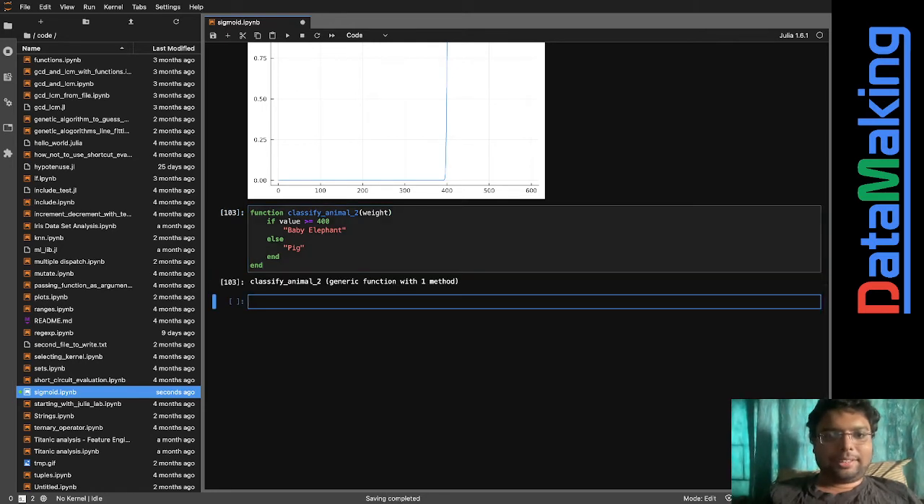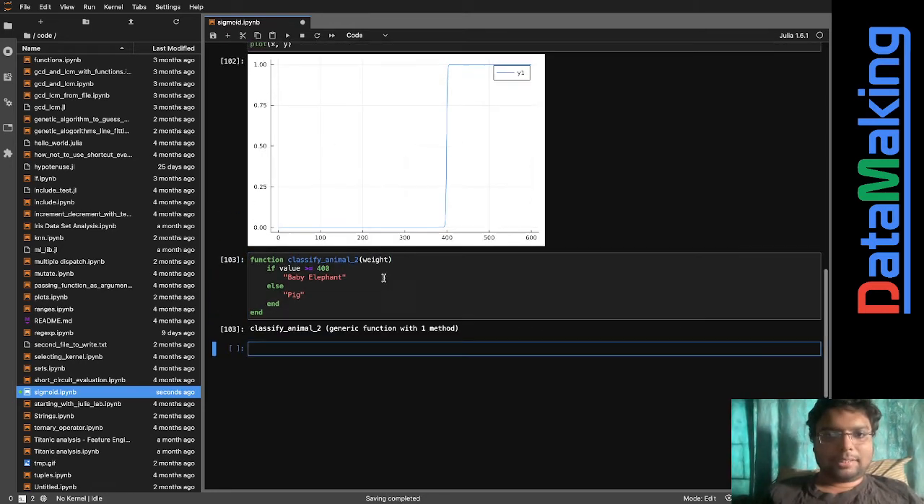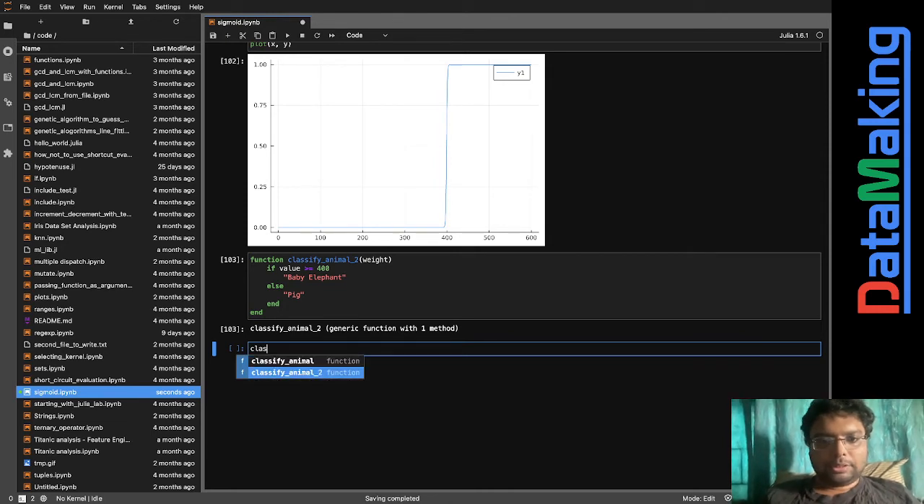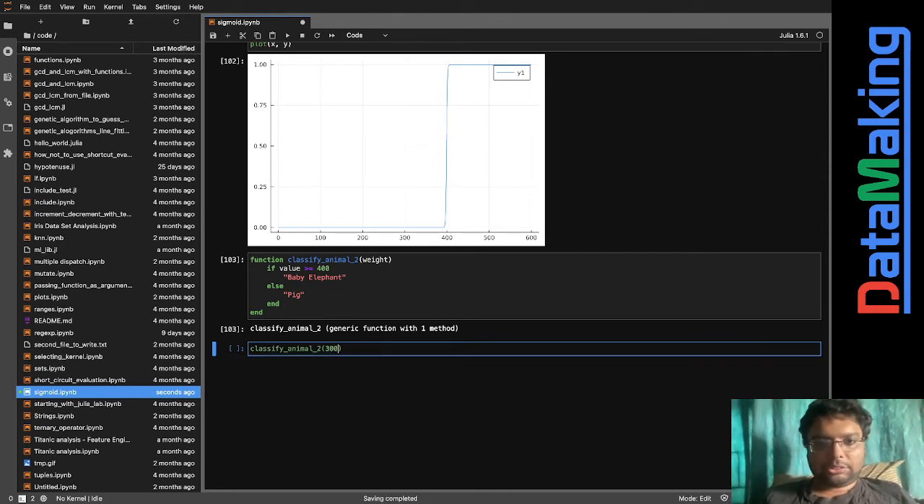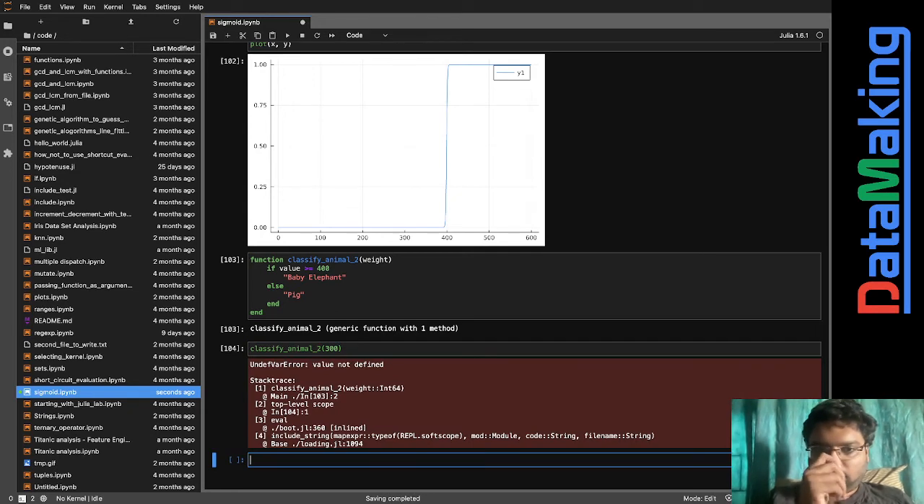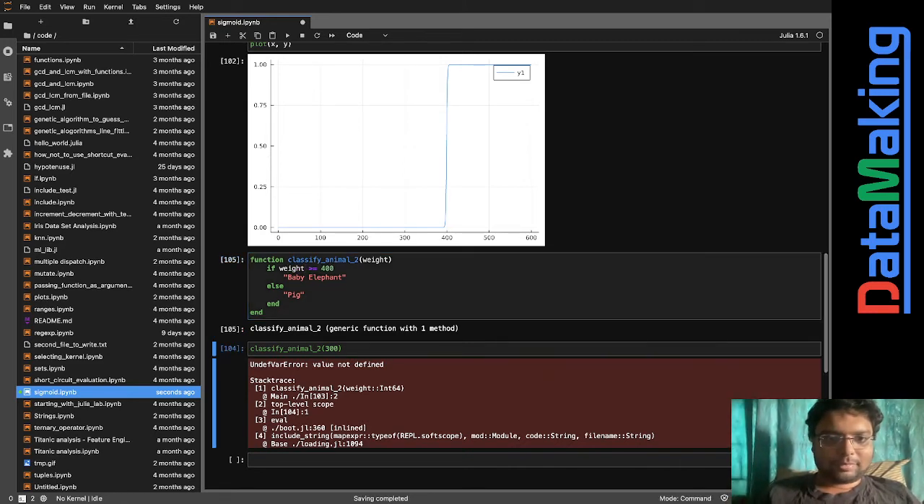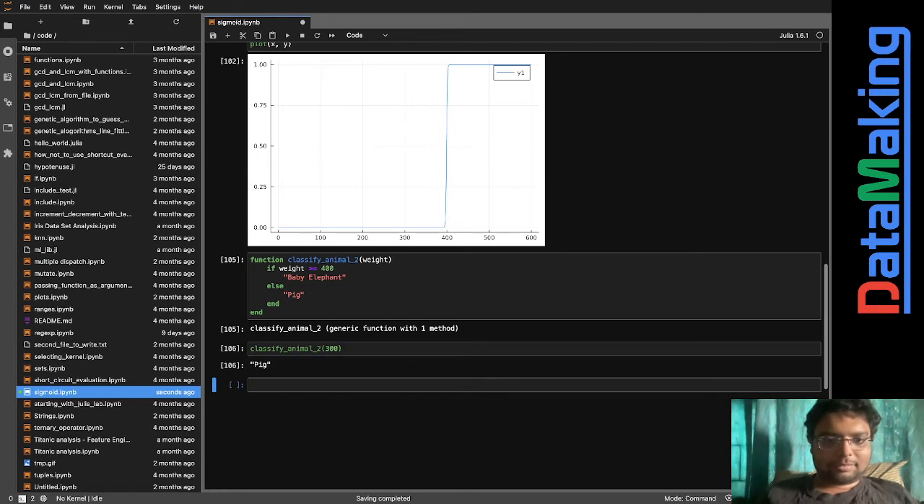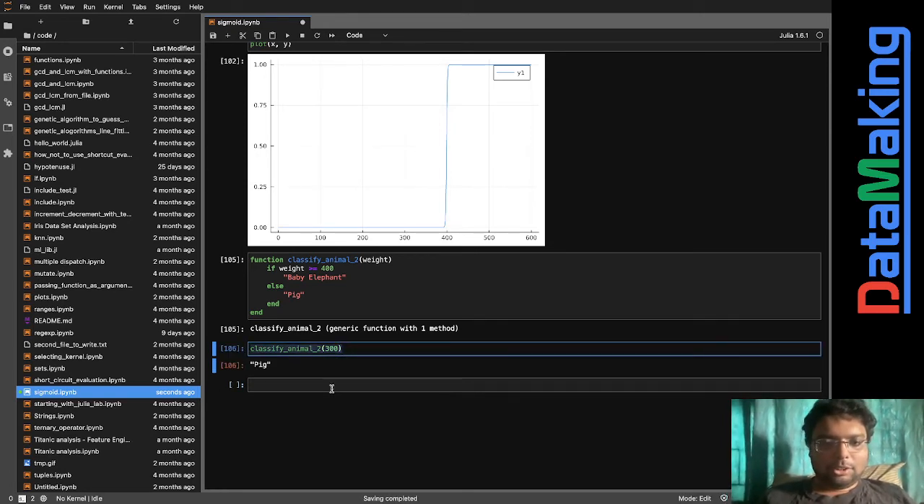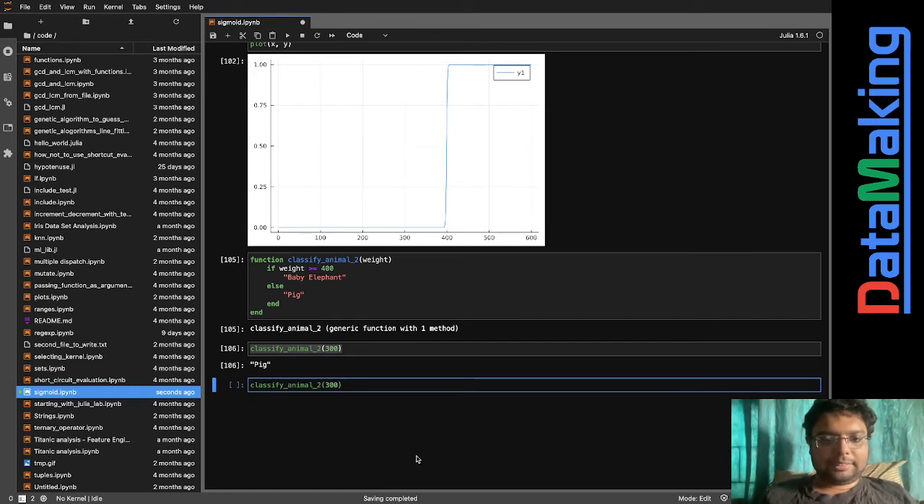So this is the thing. Now, classify animal 2, if I just put in 300, it'll say pig, and if I just put in 450, it says